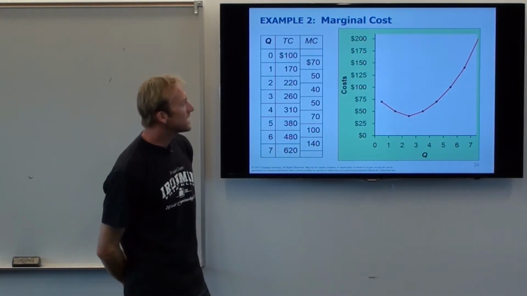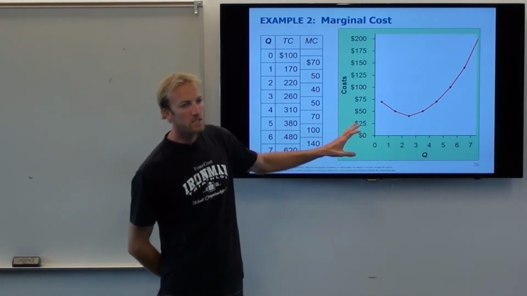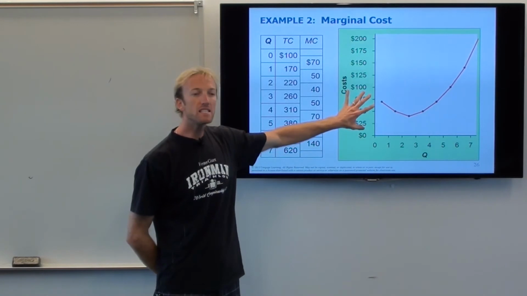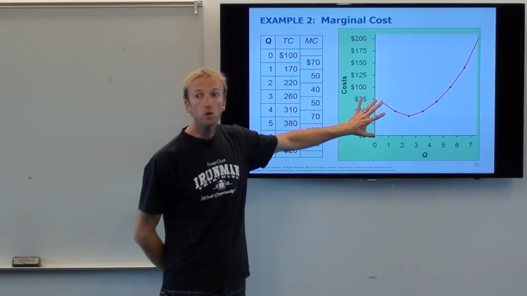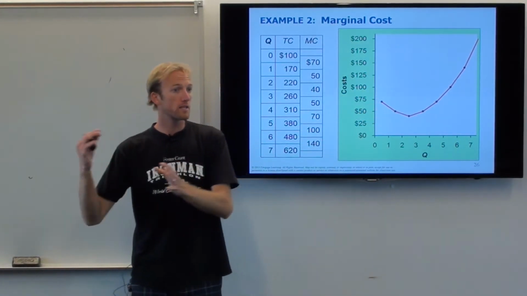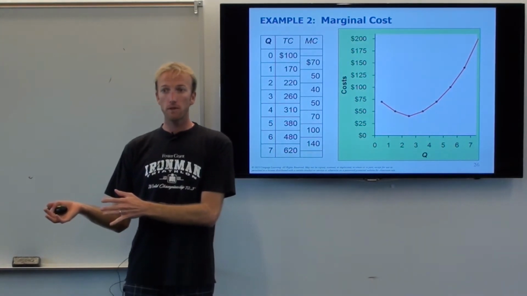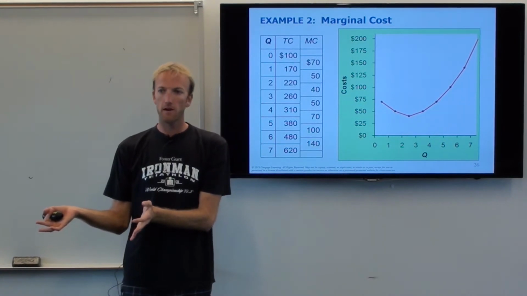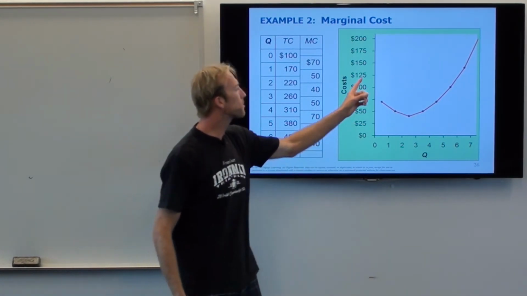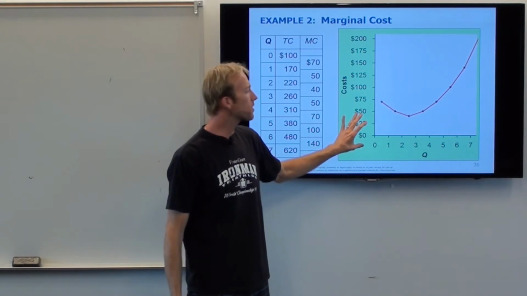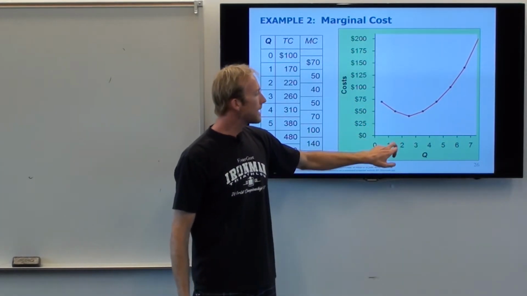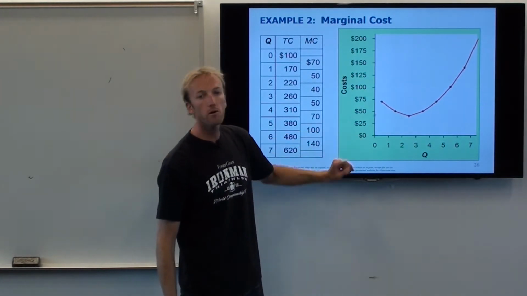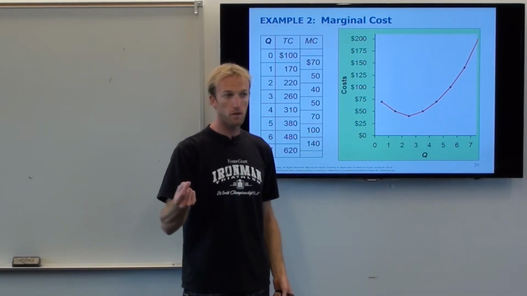And this is important to see the difference in this graph. You see these numbers are smaller than that previous graph, right? Because this is talking about the per unit costs. The other costs graph that I showed you a couple seconds ago on the previous slide was the total cost for the entire outfit, the entire factory. Okay? This is a per unit cost. That's why the numbers are smaller. And this is telling you, hey, in order to go from 2 to 3, that's that dot, it's going to cost me $40 to go from 2 to 3.